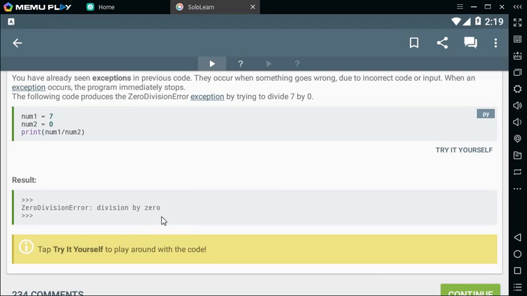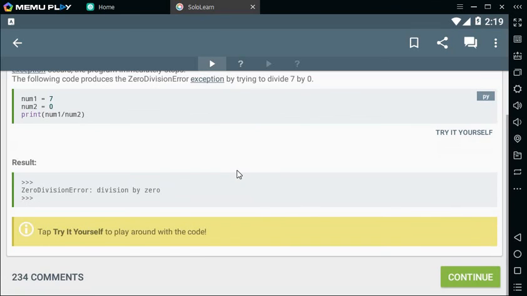And then it explains further: division by 0, which doesn't sound like much of a more detailed explanation, but kind of is what it is. How much can you say about that without getting into the mathematical reasons why you can't divide by 0, which I'm not going to get into right now. But